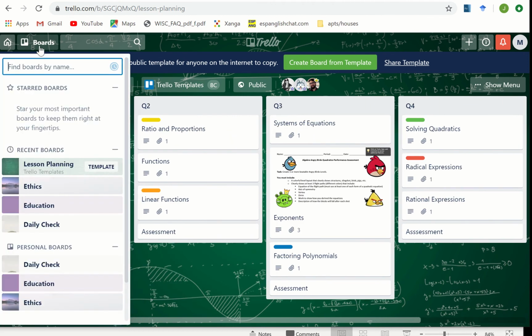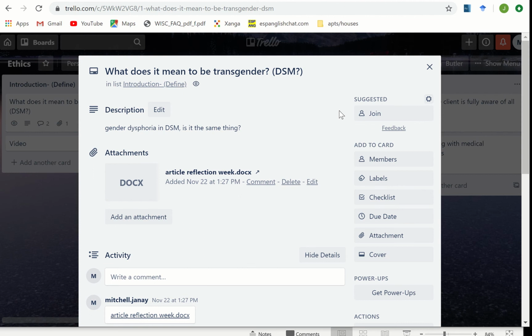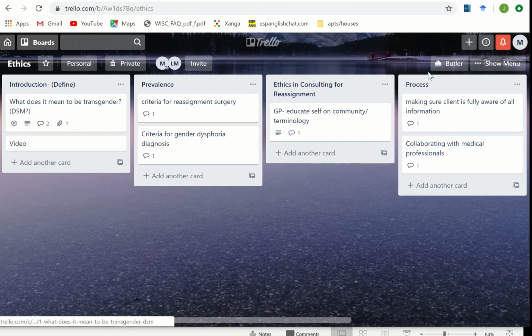I actually implemented Trello in my ethics class that I'm taking right now for psychology. So me and my partner, both of us, we were doing a presentation on gender reassignment. And so what we did is we had these different topics that we knew that we wanted to